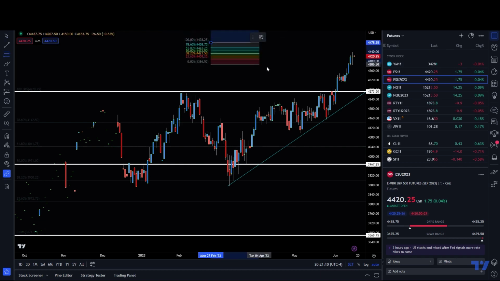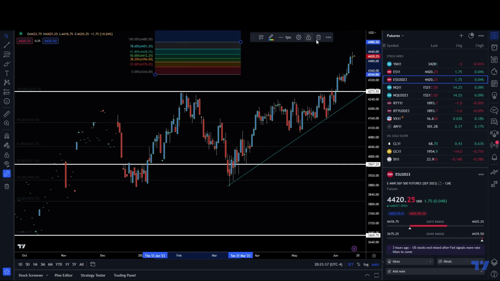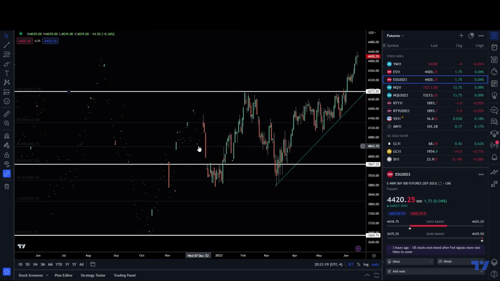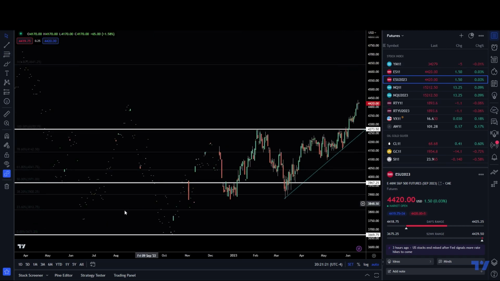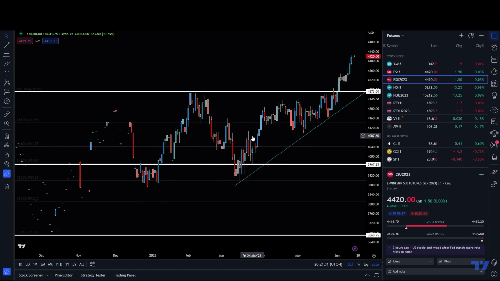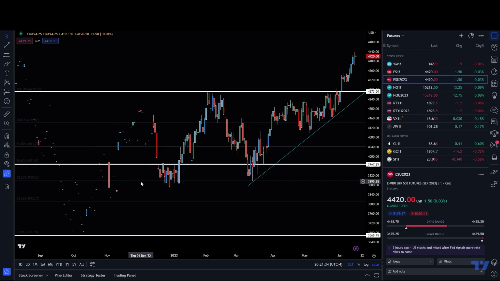You just take this and draw out your levels, and it gives you everything there. And then of course in between those levels, the 0 level and the 100% level, because remember, this is the beginning of the move and this is the end of the move, from the low to the high for the year. In this example, we're looking at S&P 500 futures,